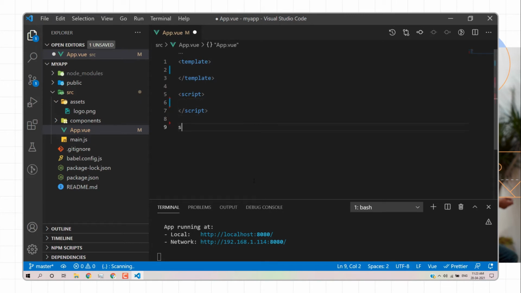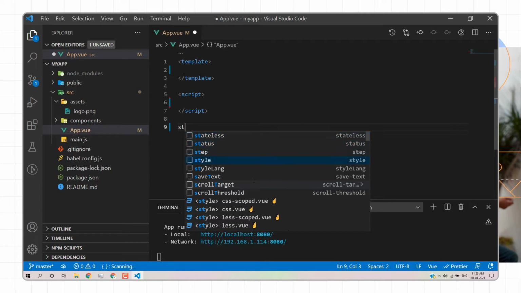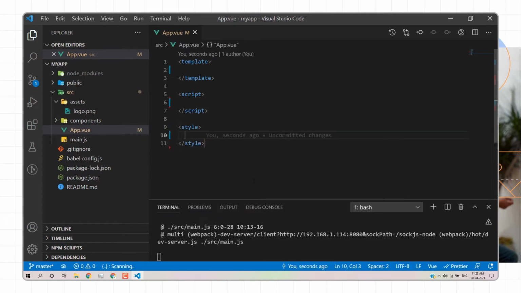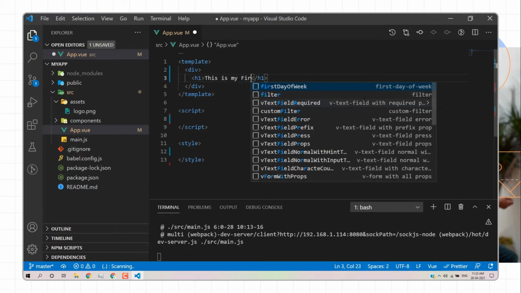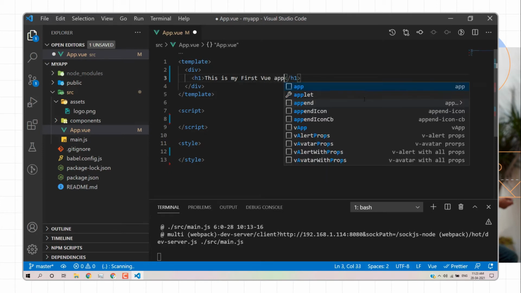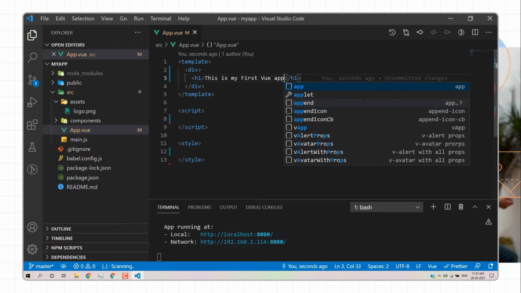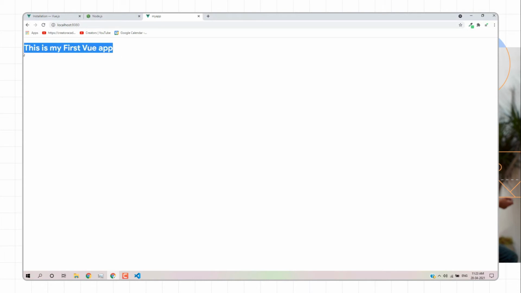Here we can create a div section. Inside the div section we can write: this is my first Vue app. Okay, I'll save and reload, and it's working fine. I can add a p tag. You don't need to reload this page because hot reload is working, so it updates automatically here.